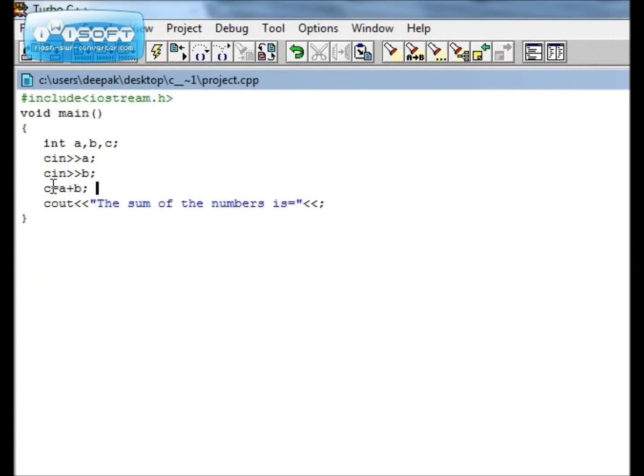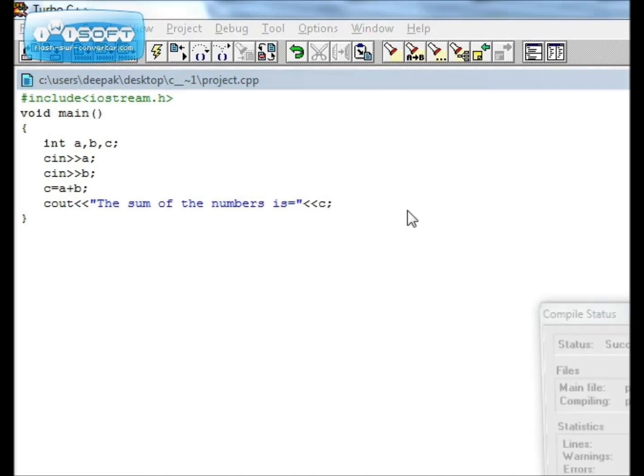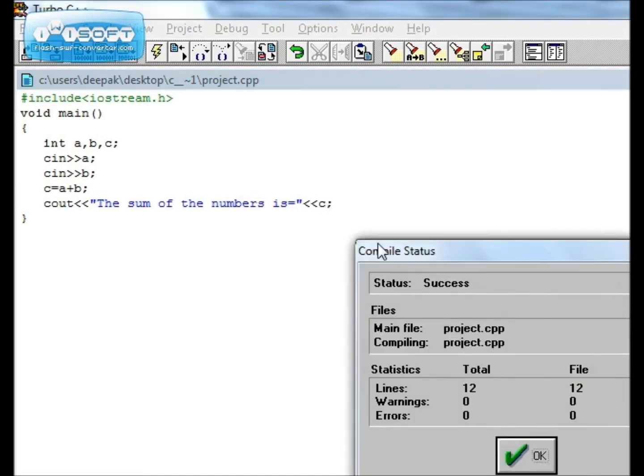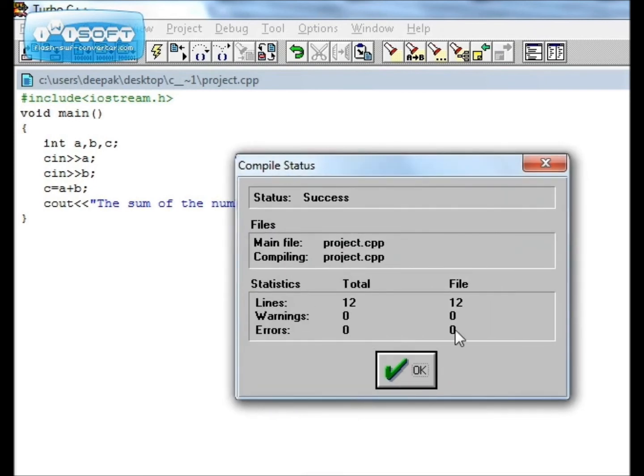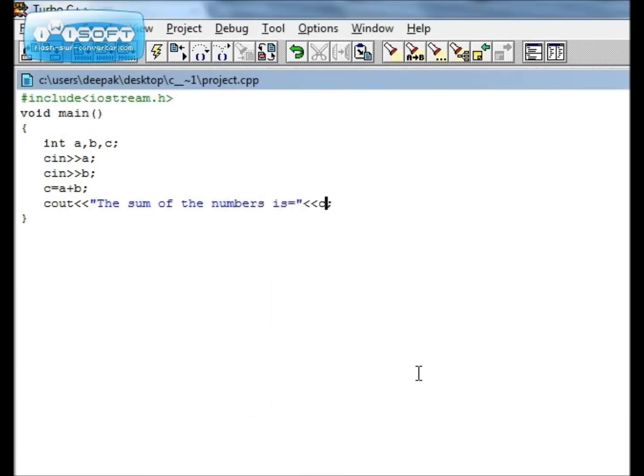Because we have already defined c is equal to a plus b, we will not write a plus b, instead we will write c. Now as a shortcut, Alt F9 for the compilation, and the compilation status is 0 errors, 0 warnings.